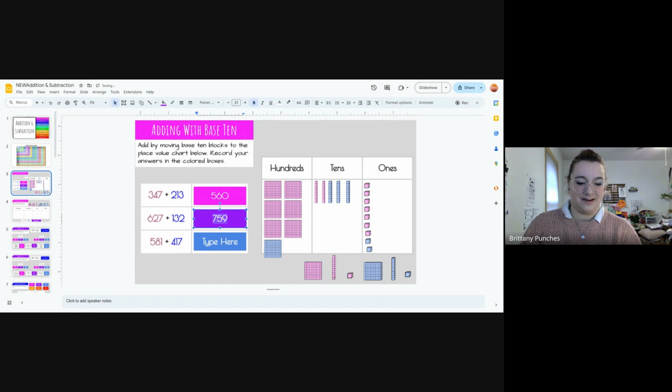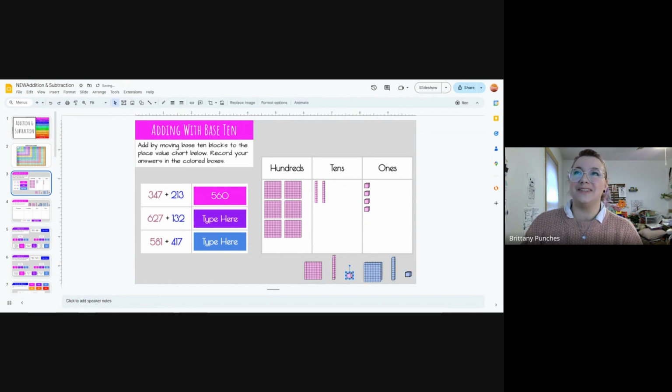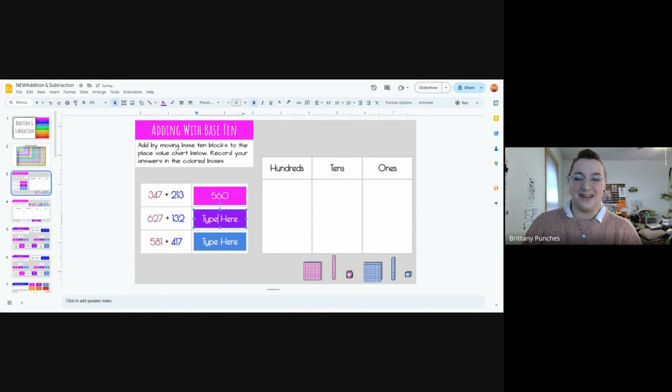7. I'm going to copy that so I can see if I can just zip all these guys away. That was much faster. Just remember to copy and paste. 627 plus 132 equals